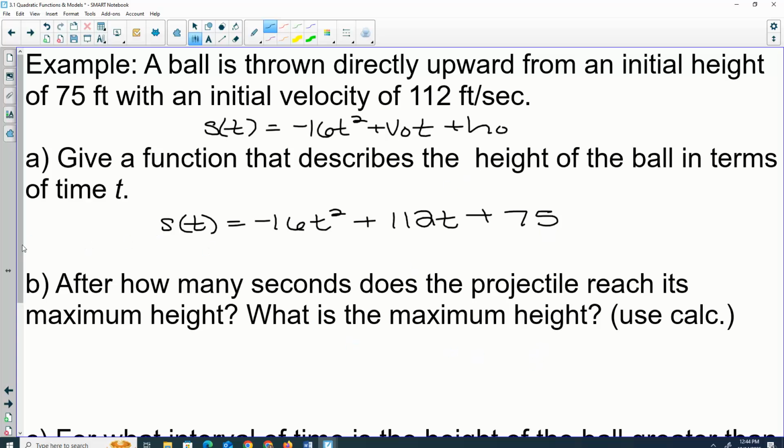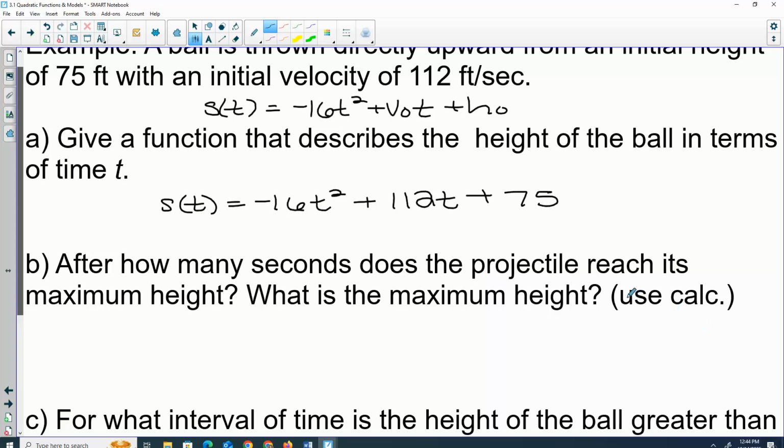Part B. After how many seconds does the projectile reach its maximum height? What is the maximum height? What am I asking you to find? The vertex. How do we find that? Opposite of b over 2a. So the opposite of b over 2 times a